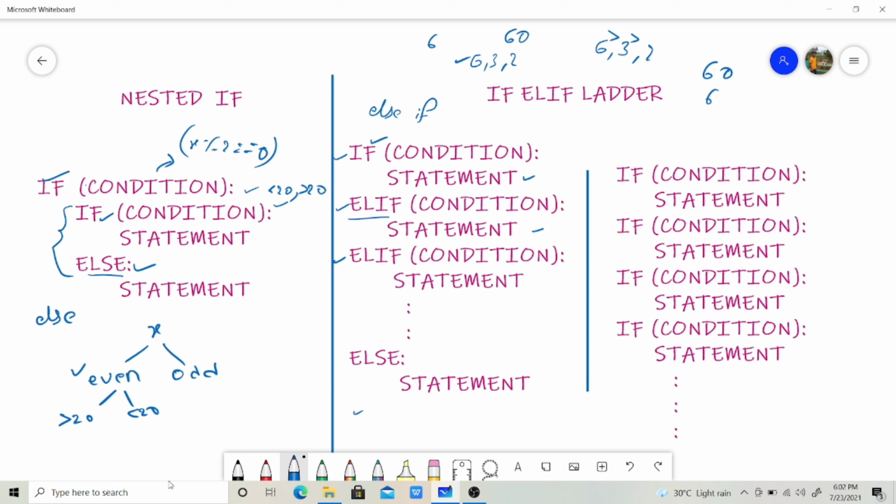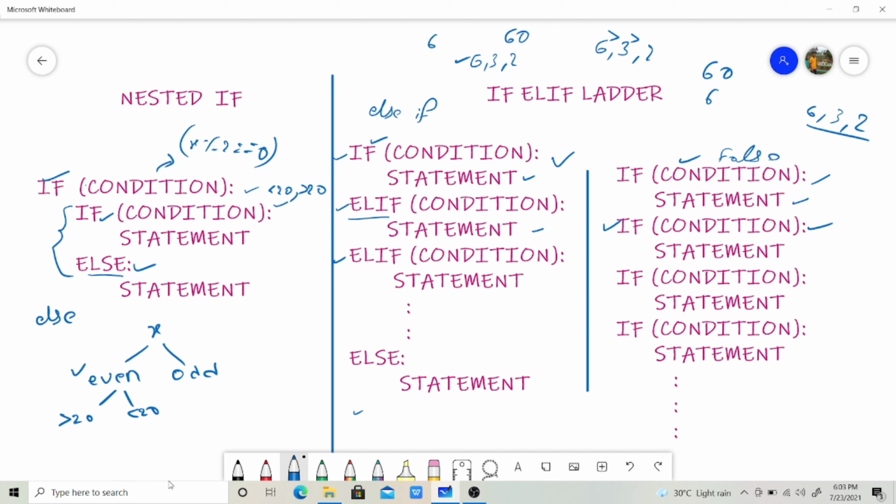But we may think that if we write these if conditions continuously, we'll get the correct answer. But when we use plain if conditions, we'll get the answers 6, 3 and 2. You will get all the answers, because even if one if condition is satisfied, it does not skip the remaining part. But in the else if ladder, if the condition is satisfied, it will execute this part, or else if it is false, then it will check the second one.